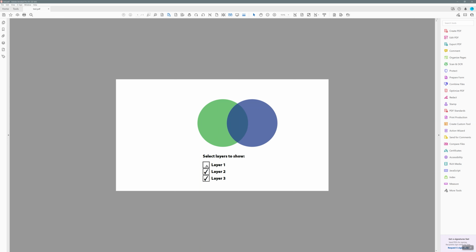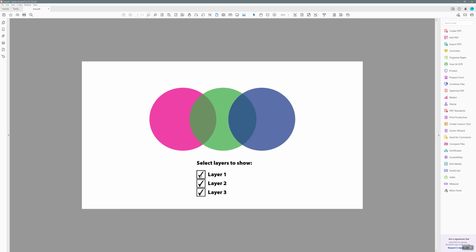You do that in exactly the same way. So that's the way to use FormMaker to create checkboxes, and exactly the same technique can be used for drop-down lists and so on, that will show and hide fields in Acrobat if you create an interactive PDF.